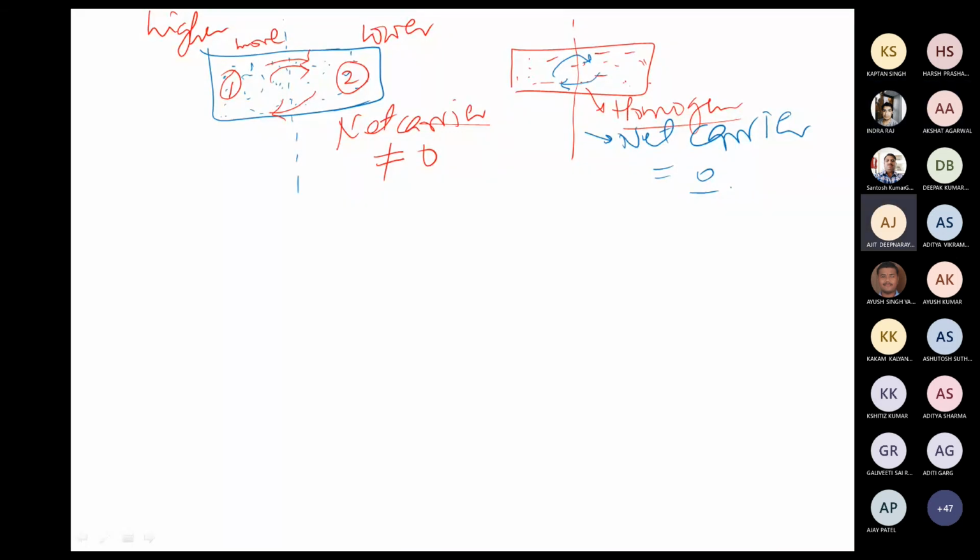Okay. So when we see this kind of thing happen, this is due to something called a difference in concentration from one side to the other. This is due to difference in concentration. We can relate this to a case in which, let us say, we take some kind of a scent.